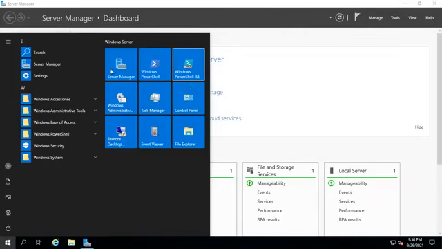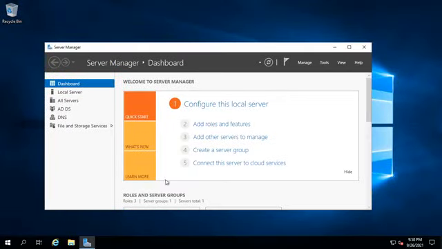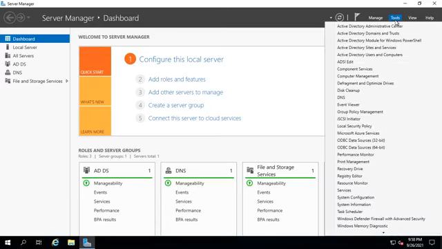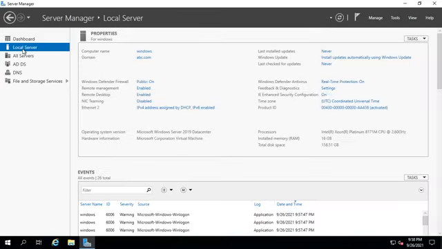So go to our server manager. So see this side. See there, this system has changed to domain model.